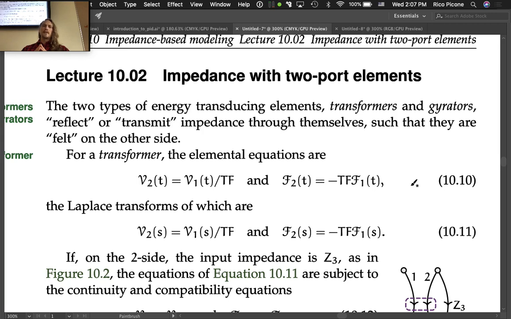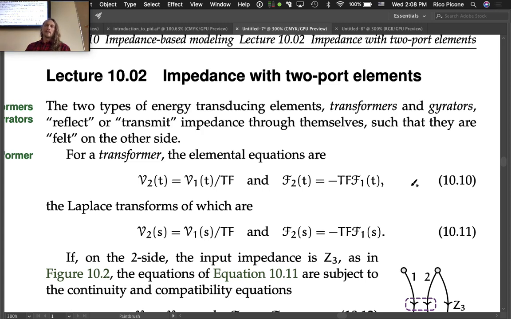So the two different types of energy transducing elements that we've considered, transformers and gyrators, reflect or transmit impedance through themselves such that they are felt on the other side. So an example of this is the electrical grid that we have, where the source of the energy is coming from, and then there's a transformer outside your house that transforms that high voltage AC energy into low-ish voltage higher current energy. So that transformer, the impedance of your house gets felt through that transformer. The electrical grid feels it, or you could say the transformer reflects the load of your house to the grid through the transformer. So that's the sort of terminology, the way that we think of this